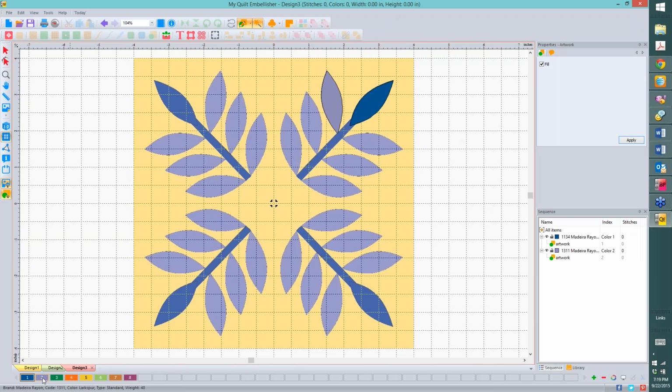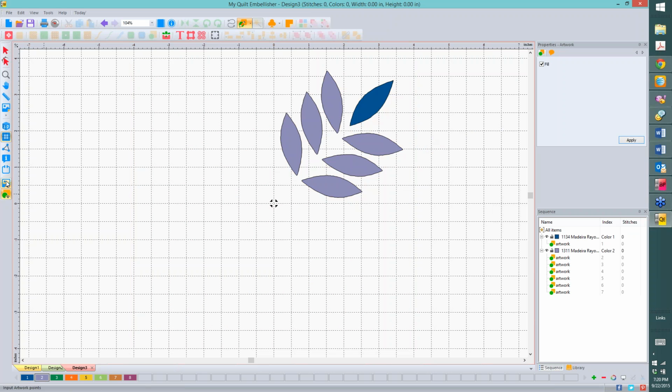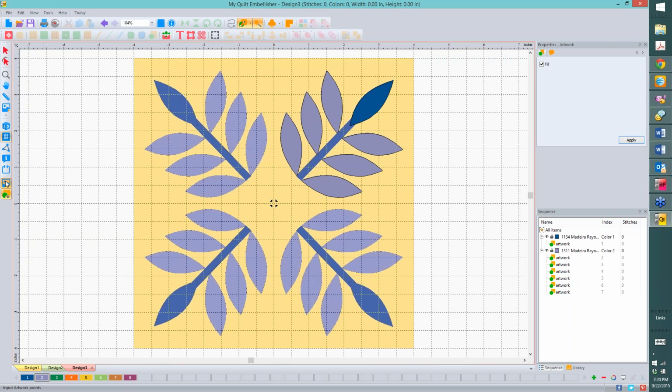On our design or our artwork, I'm coming down to the bottom and right-clicking to pick up that color. Now, when I click on these leaves, it will create them and fill them at the same time. Just like that. And if we dismiss the backdrop, we can see exactly what's happened there. And turn it back on. Now, at this point,